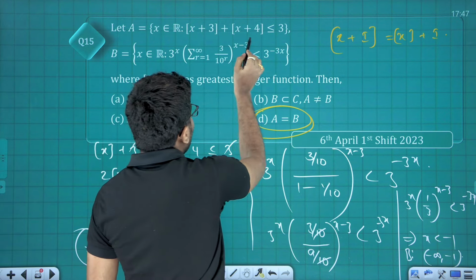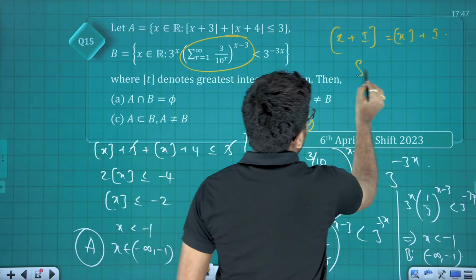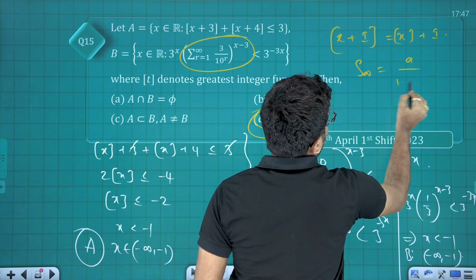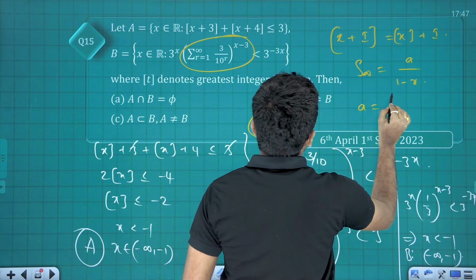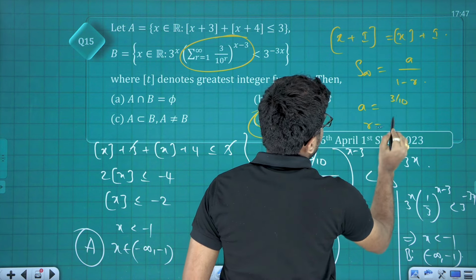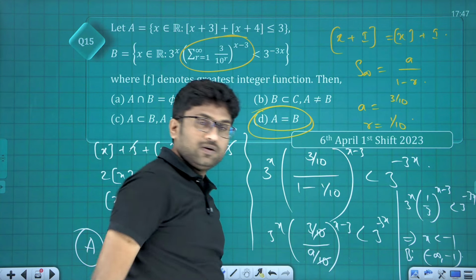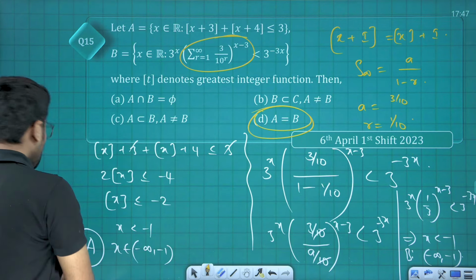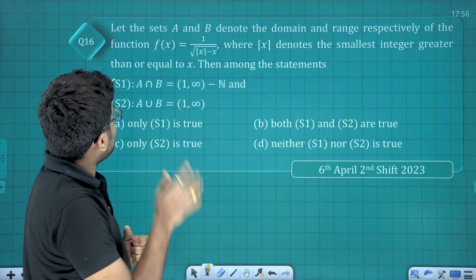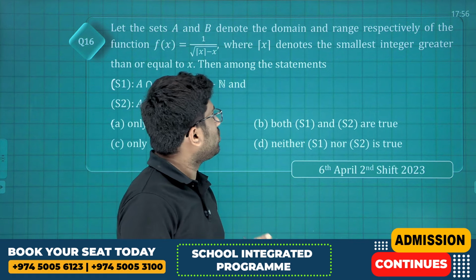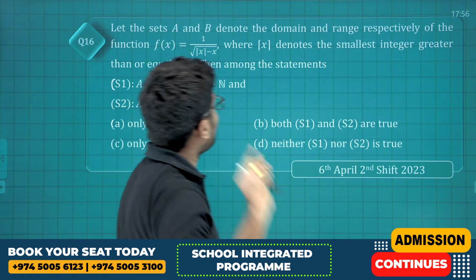So this is infinite GP. Solving an infinite GP is A divided by 1 minus R. A is equal to 3 by 10. R is equal to 1 by 10. Okay. Good. Next question. Let the sets capital A and capital B denote the domain and range respectively